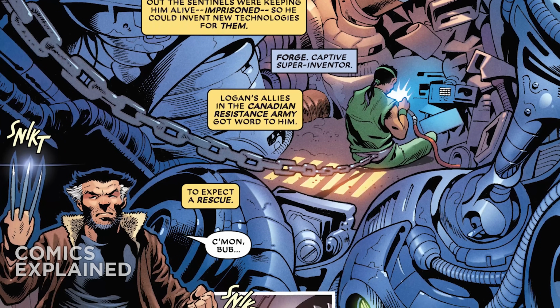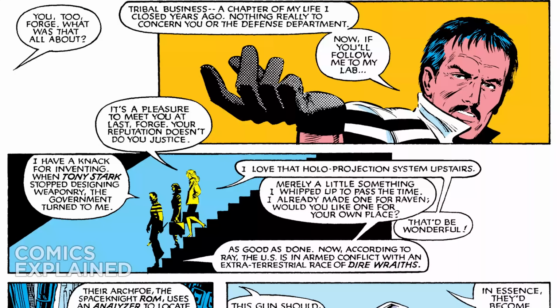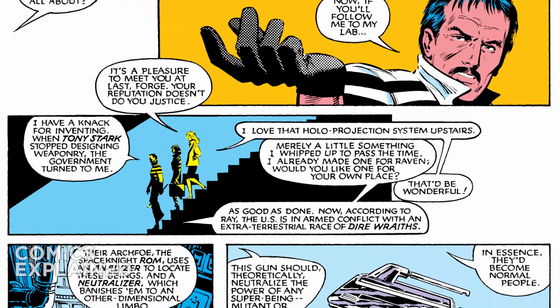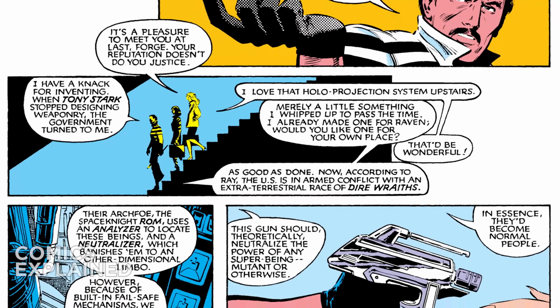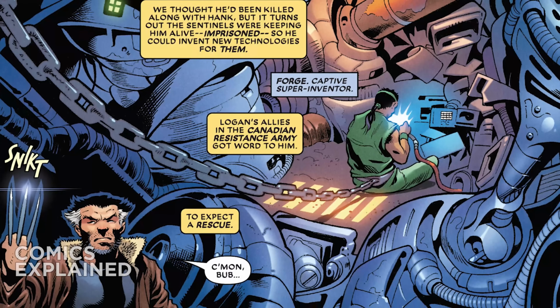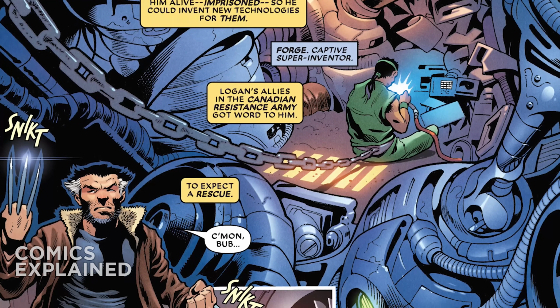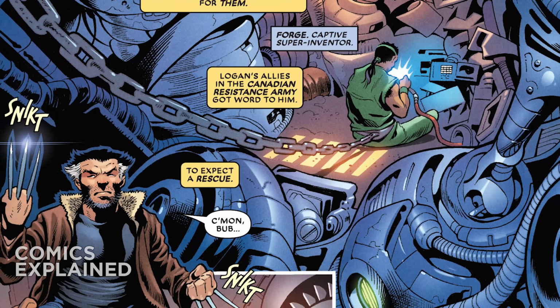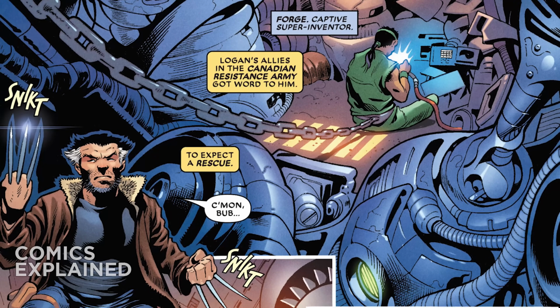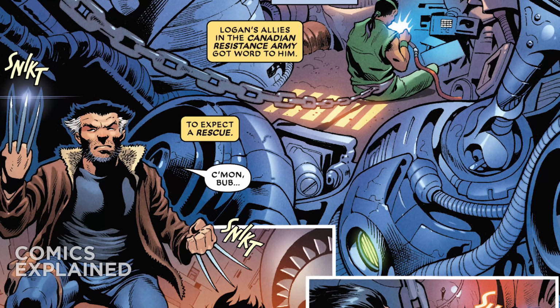Now, for those of you who aren't familiar with Forge, and I imagine there's probably a few, Forge is basically a mutant whose power turns him into Tony Stark. That's really what it is. If you take away his mutant power, he doesn't really know how to do anything. But with his mutant power, he's just this genius technological inventor. Because of his capabilities, the Sentinels didn't kill him. Instead, they've been using him as a guy that can help them advance their own machinery and